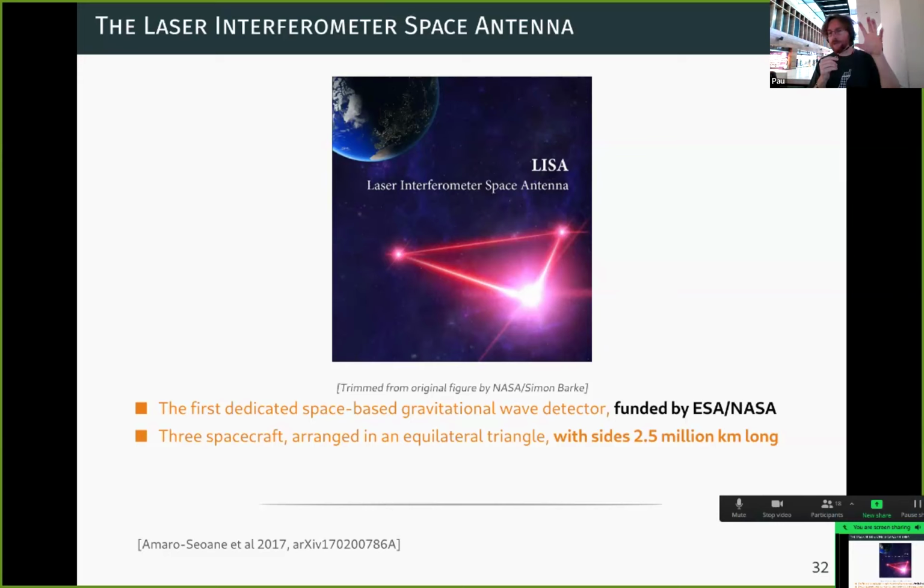You have a satellite which is harboring a test mass in the shape of a cube on free fall towards Earth, and you are constantly measuring the distances between the 3 cubes. So de facto, by the way, you have here 2 interferometers, not just 1. And the length of the arm is 2.5 million kilometers, and you need a resolution of, please pay attention, 1 picometer on those 2.5 million kilometers.